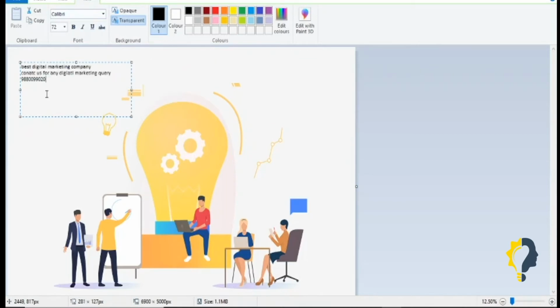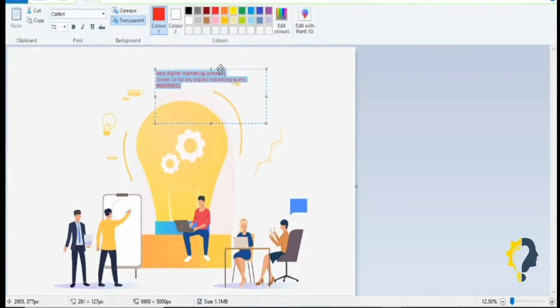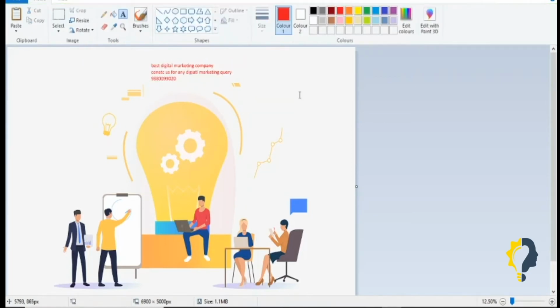So the thing is, I have written here. If I want to change the color, I can change the color also. We can change the font also, make it bold, or whatever. And then we can move it here also. For example, I don't want this position, I want to put it on this position, so I can move it. But you can't do more customization. You can work with text and all. And then after that you can save it